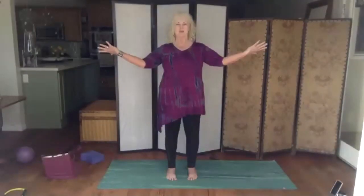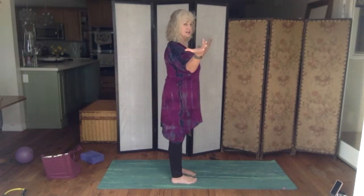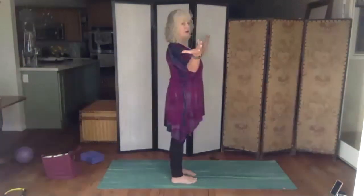Now pour out behind you the rain that you caught in your palms. Pour it out down your thumbs and keep your hands in line with your forearms. And notice if you have a tendency to help out your arms by going,